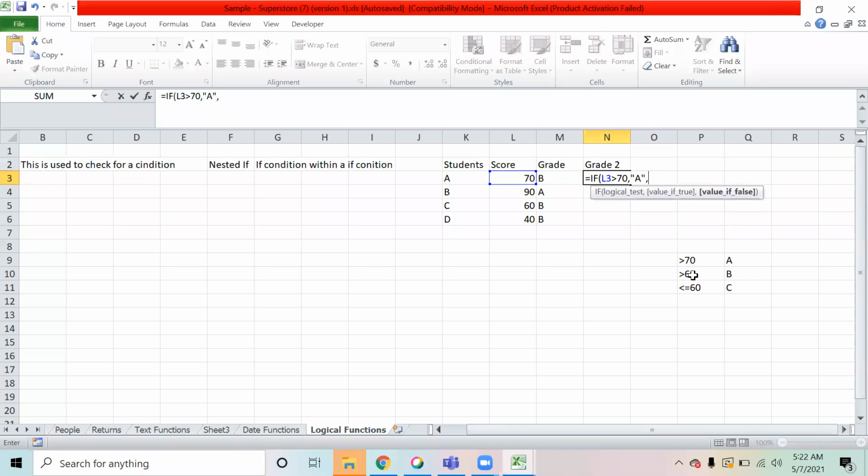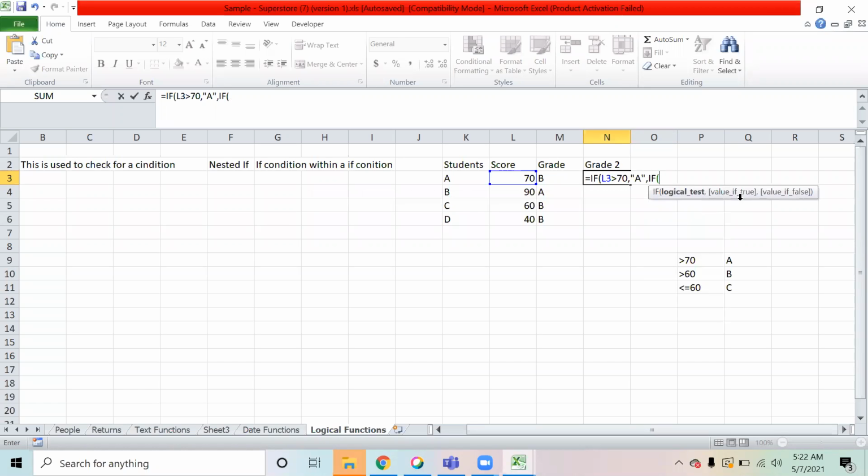If the first condition failed, that means the score was not more than 70. So I am saying, let me check again. Was it more than 60? So I will use my if condition again.